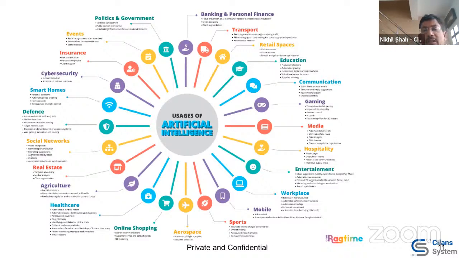Well, I won't be going into each of them. This is a very exciting field, and cyber security, smart homes, defense, agriculture, obviously we'll be talking about it, like drones and soil fertility, or how much crop we're going to yield next year, looking at the historical data. A lot of guidance can be given to farmers, so on and so forth. I'll take one last example and then we'll move to the next topic.